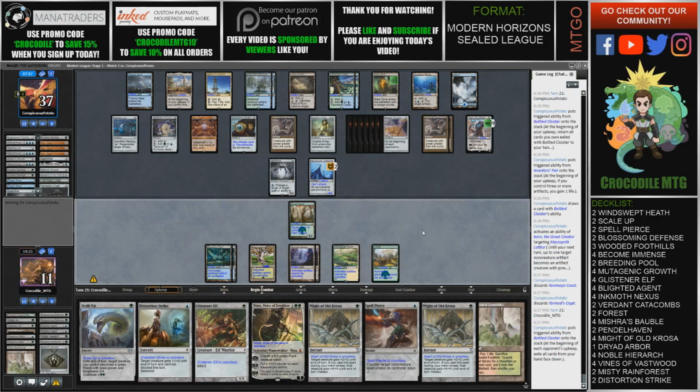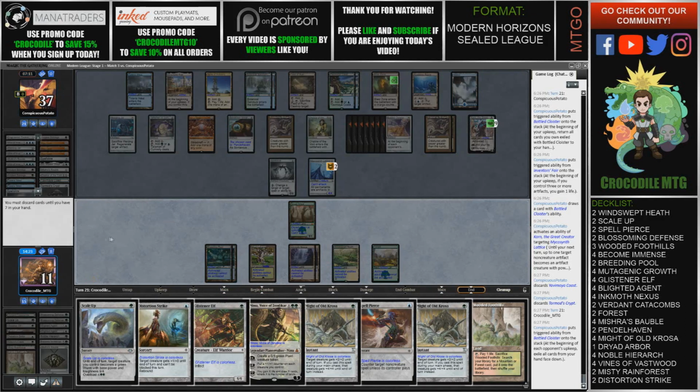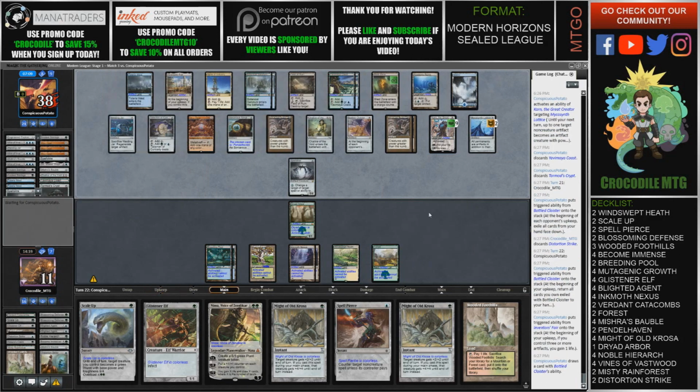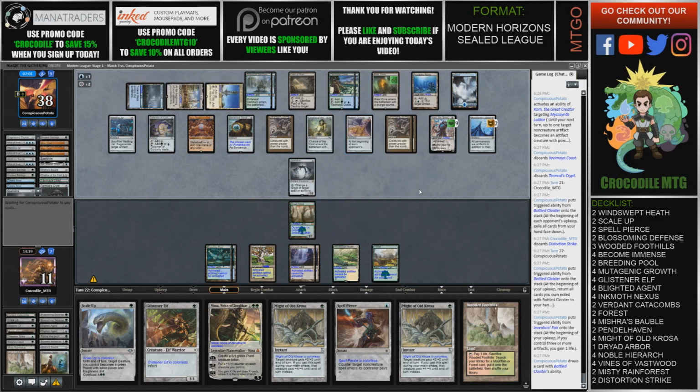Alright, that was a critical turn there. Our opponent missed. So our opponent missed that attack there, and that might actually cost them the game, because they're drawing 2 cards a turn with the Cloister here. And they have 4 turns left, and 3 of them...